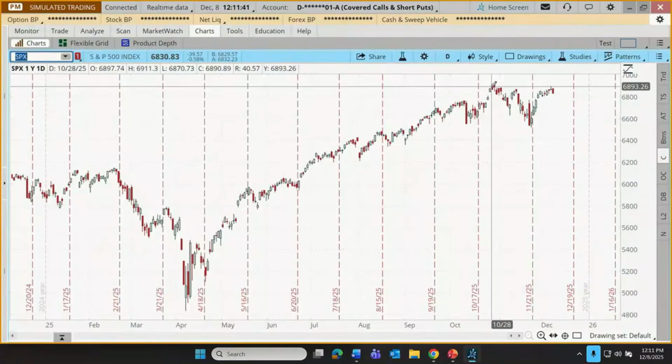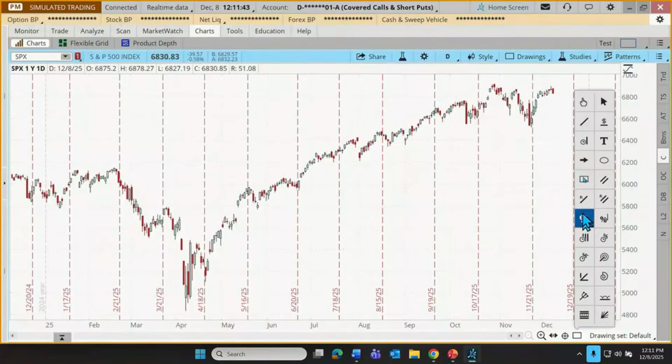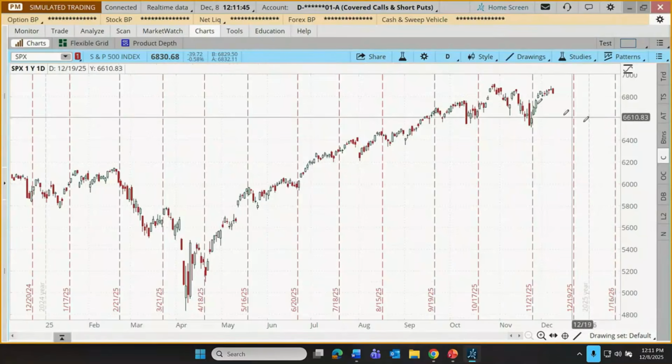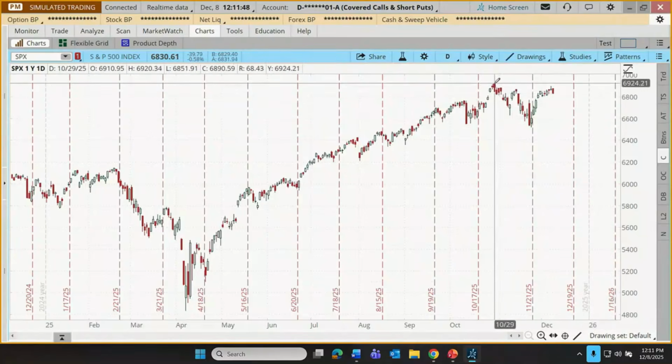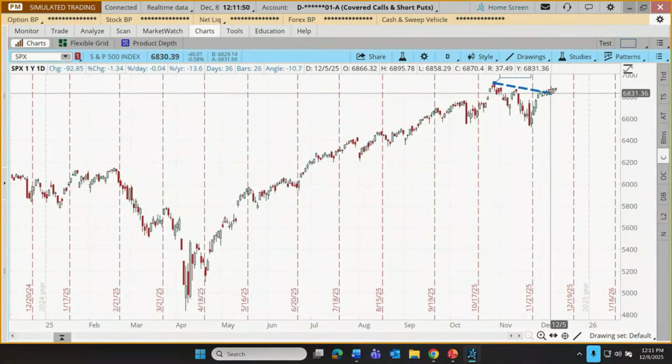How far have we fallen from those? I'm going to do a quick measurement using our trend line tool. If I go right up here to that peak and pull that right down to the current day, that is about 1% off those all-time highs. Now, that's not to say that markets can't just continue to sell and drag down the performance of short puts, drag down the performance of covered calls, but it hasn't happened really much in recent history, going all the way back to April.